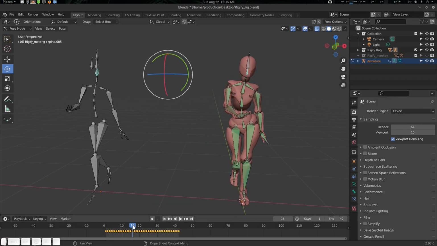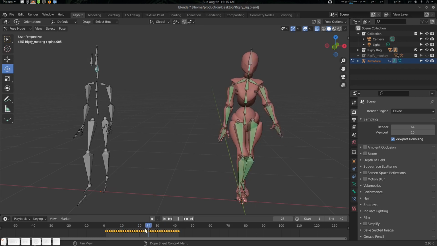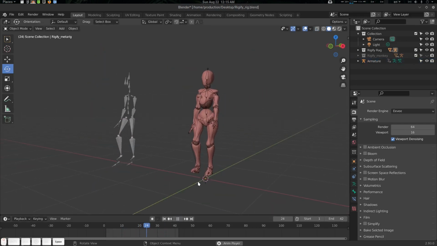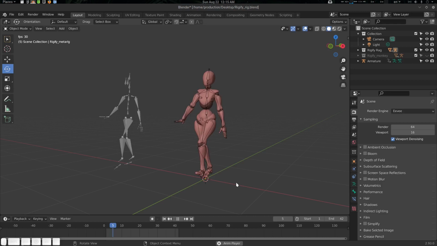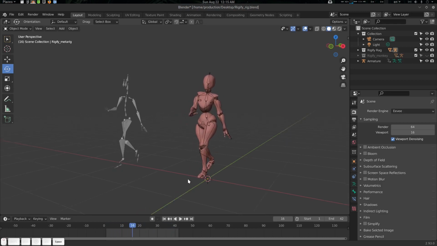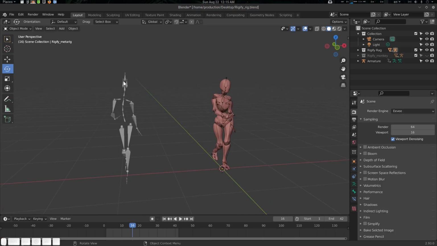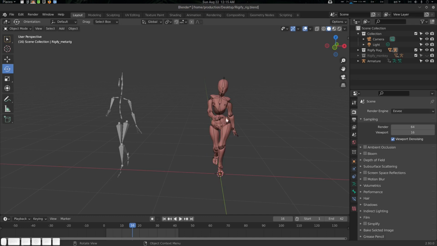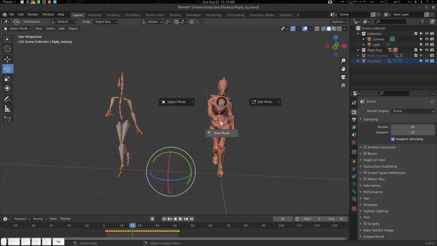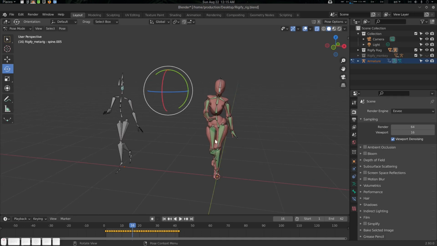All right, so it is done. You can see your stuff here. All right, here we go. So this is Mixamo, this is Rigify, so everything is the same. If you have a BVH file, you can retarget it just like that. Okay, so pretty simple. Now it is time for the preset section.